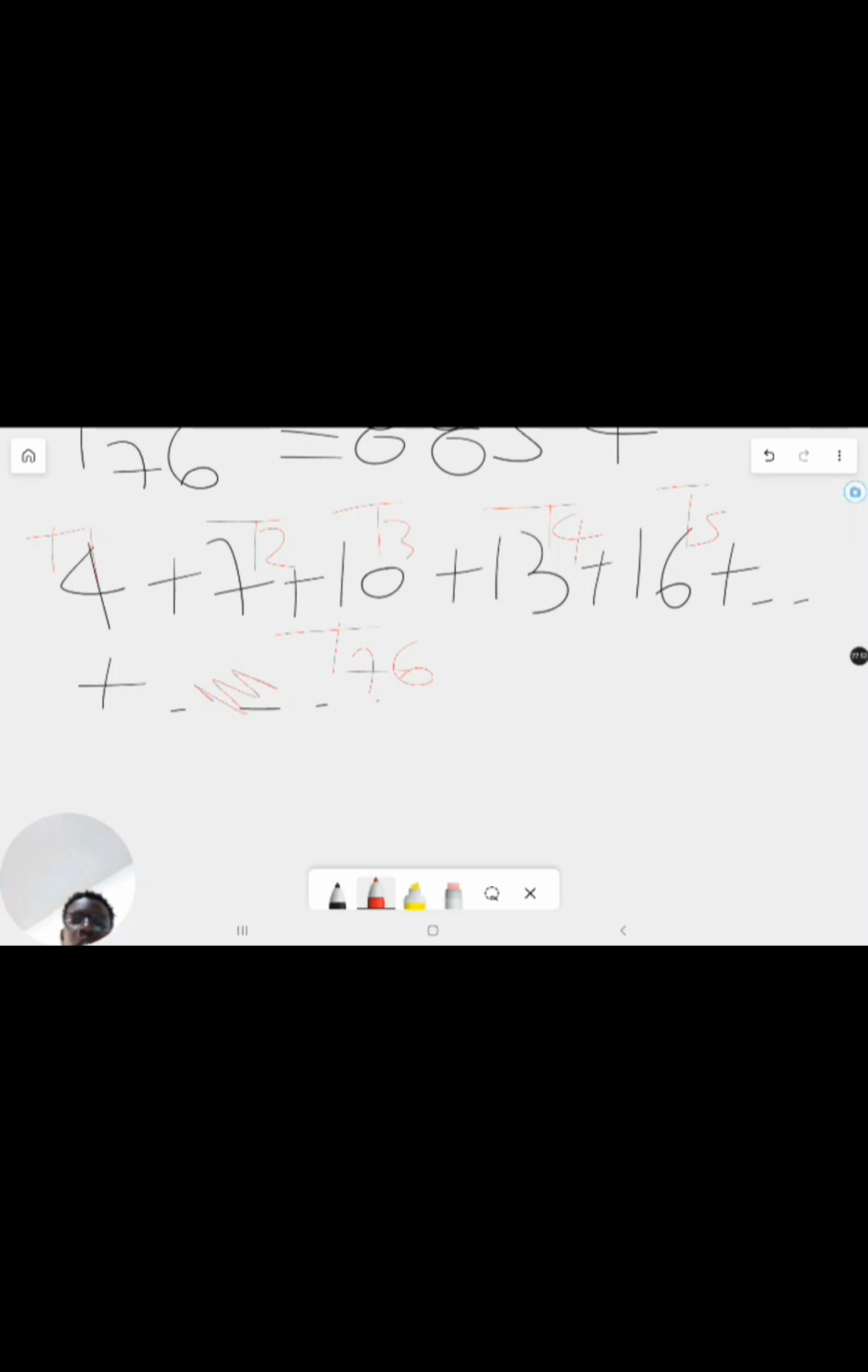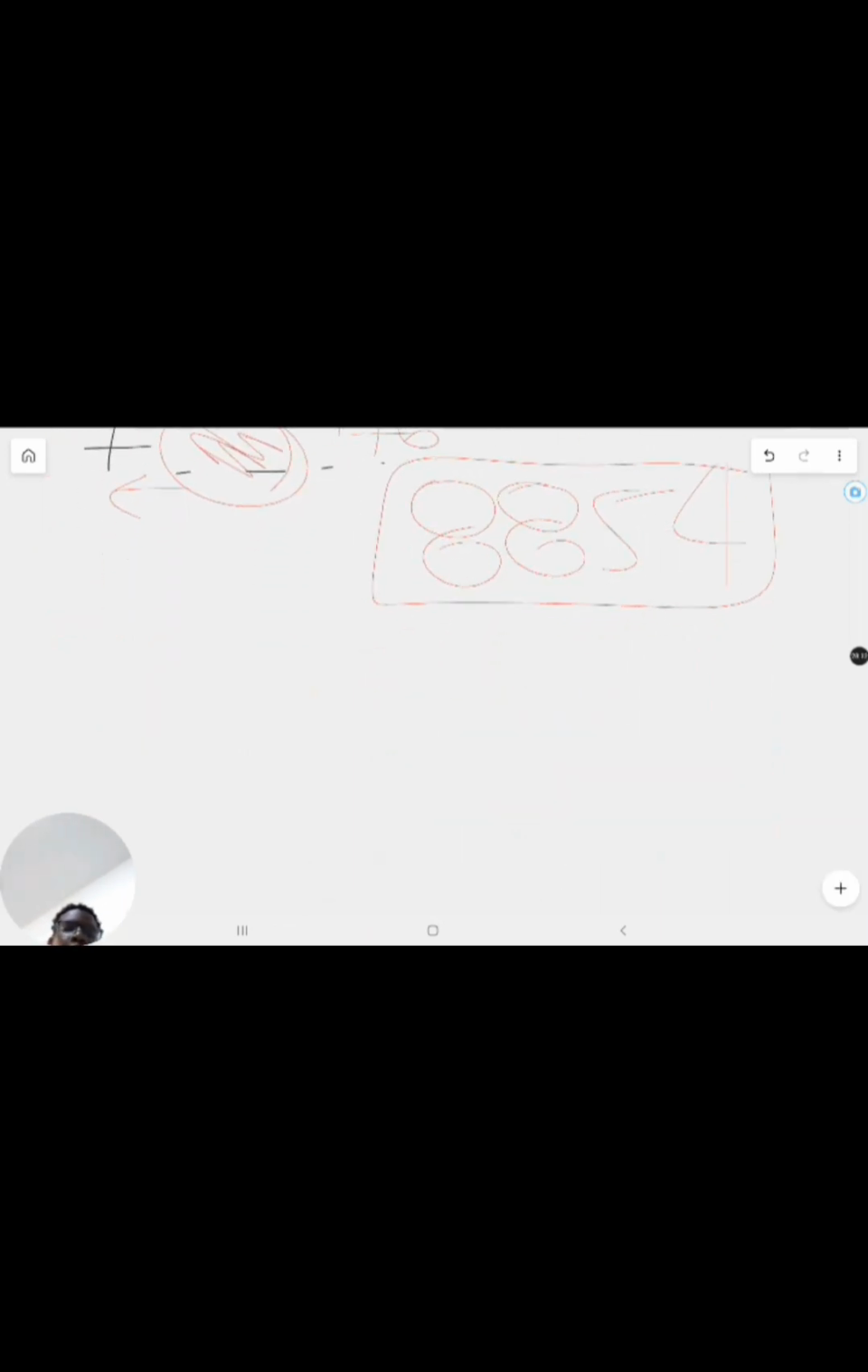We're going to have some number here. And then when we take all the numbers before this number all the way to the very beginning, we are going to get the answer we got from that equation, which is 8854. Okay, now this is one way of solving this